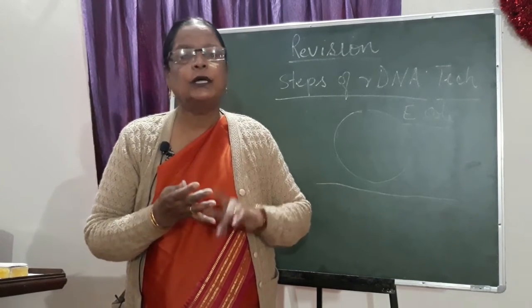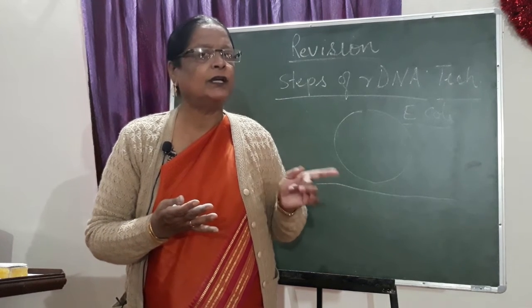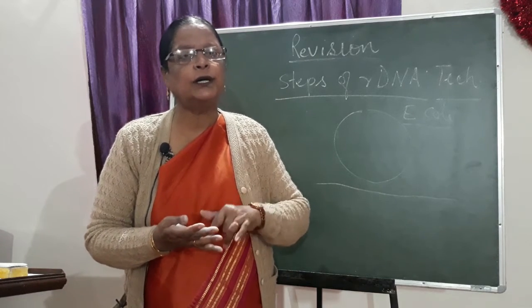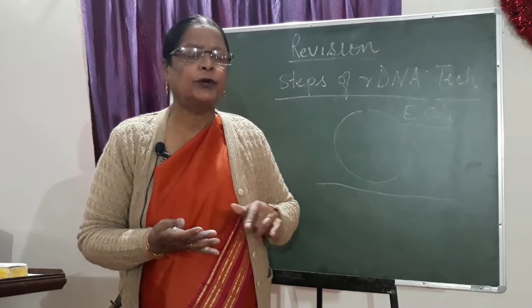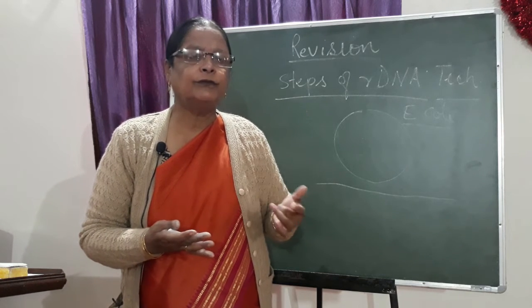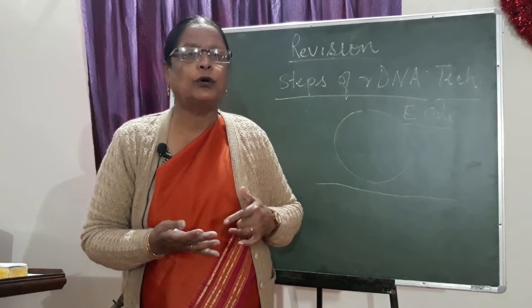The first step was the isolation of the desired gene. Here we have taken the example of the insulin gene, the genes which were responsible for the production of insulin. Second, isolation of the plasmid from the host or vector, that is the plasmid,